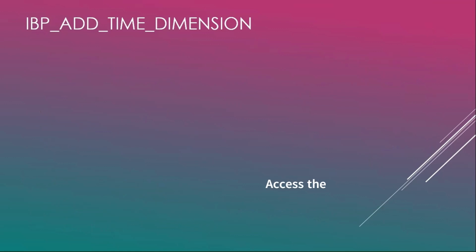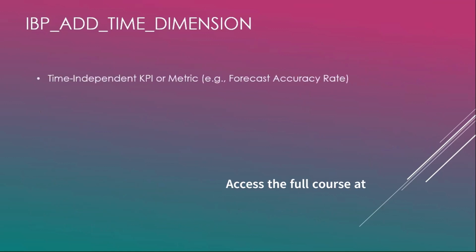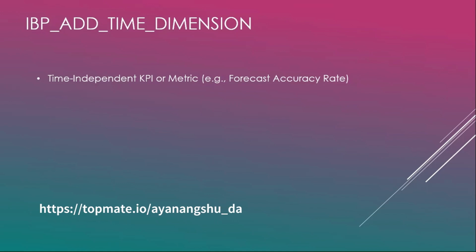Now, another business scenario would be a metric called forecast accuracy percentage for a product region combination that is calculated once. Say we calculated it at a yearly level,